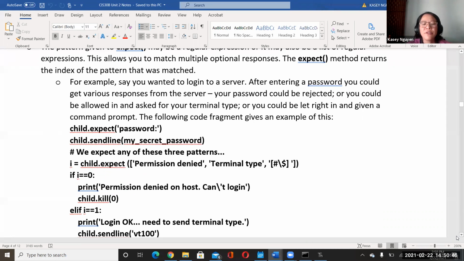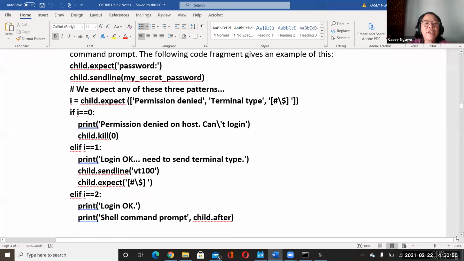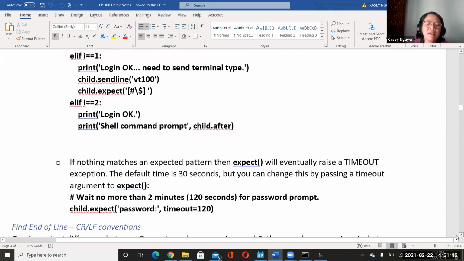Okay. So this program shows us how we can incorporate the pexpect library, use the expect method and the send line, and then also be able to attempt even after it gets locked out. Okay. So we would get some response through that.